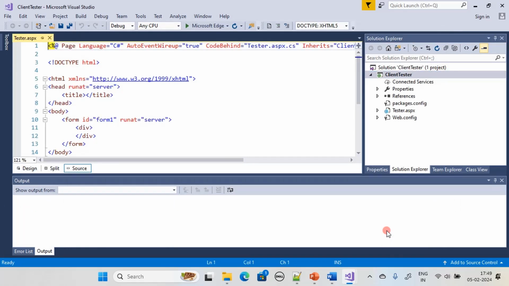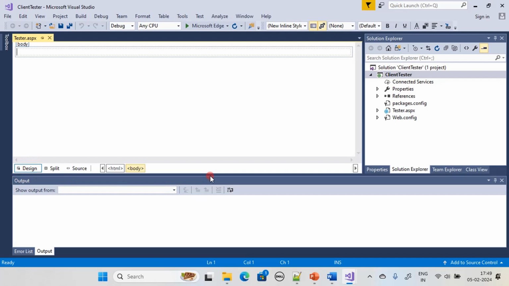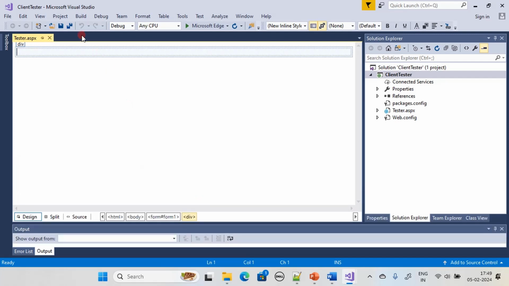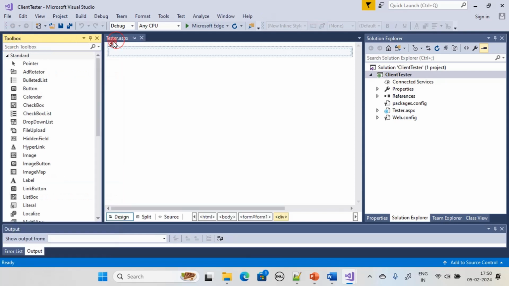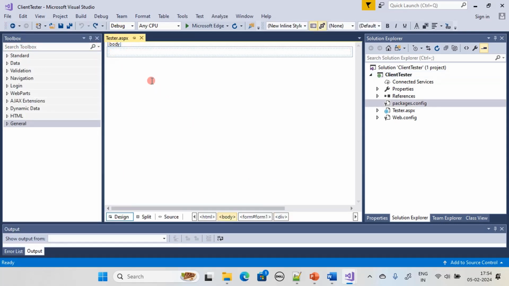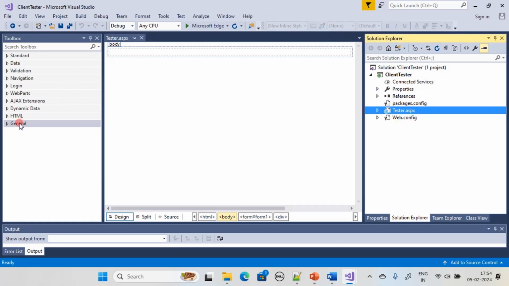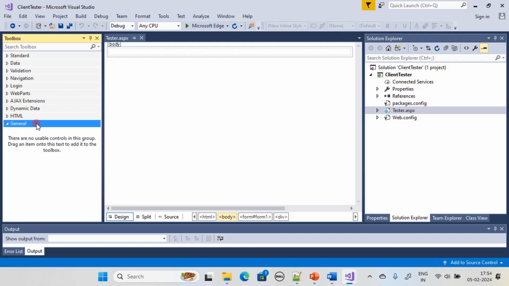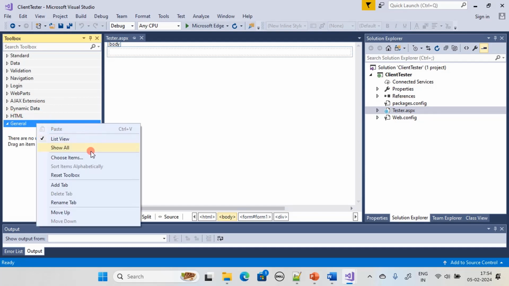Let's click the Add button. Here is the design view, right? Let's go to the toolbox. Okay, now we are in our client project, and at present we are in the web form. Let's go to the General section and choose items,